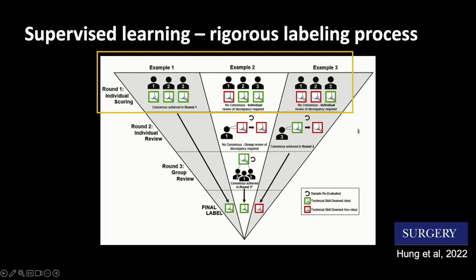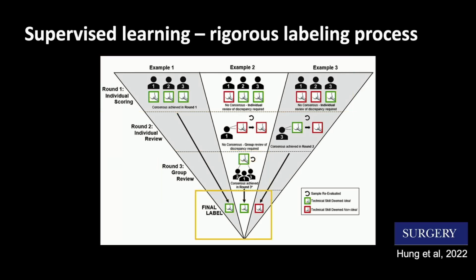But there are also opportunities where, on individual review, this is example 3, where you have 2 raters that rated it as poor, 1 rated it as good. The minority rater switched his or her opinion, and then you have a final label that's a poor example. So this is an example of where we wanted to really streamline the process of labeling while not making errors, and so we provide that opportunity for individual review. The group reviews are really where it's very resource intensive.